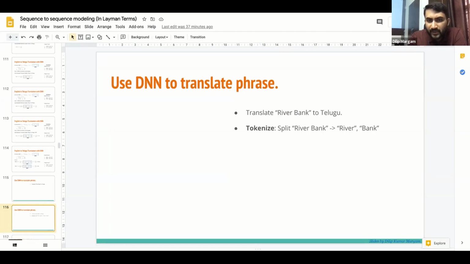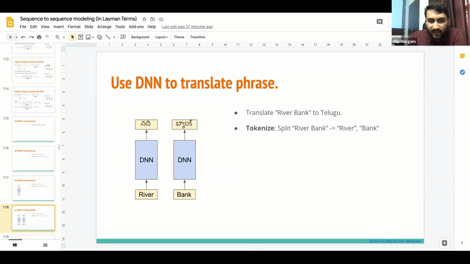The first step is to tokenize, which means we split river bank into two words, river and bank. First, we give river to the DNN, and we get nadi. If you don't know Telugu, nadi is the translation of river. In Hindi, it is nadi only. Next, we go to the second word, bank. We translate bank to Telugu, which came out as bank.